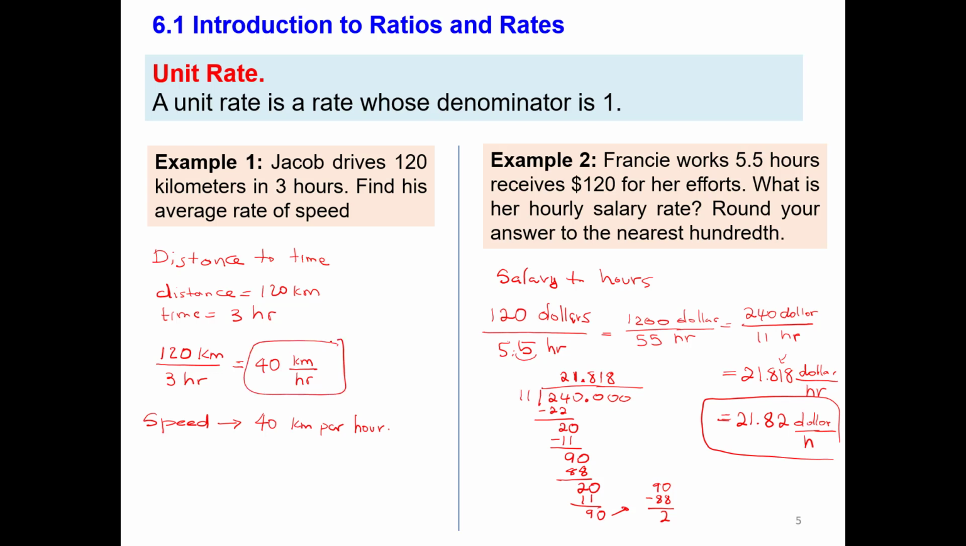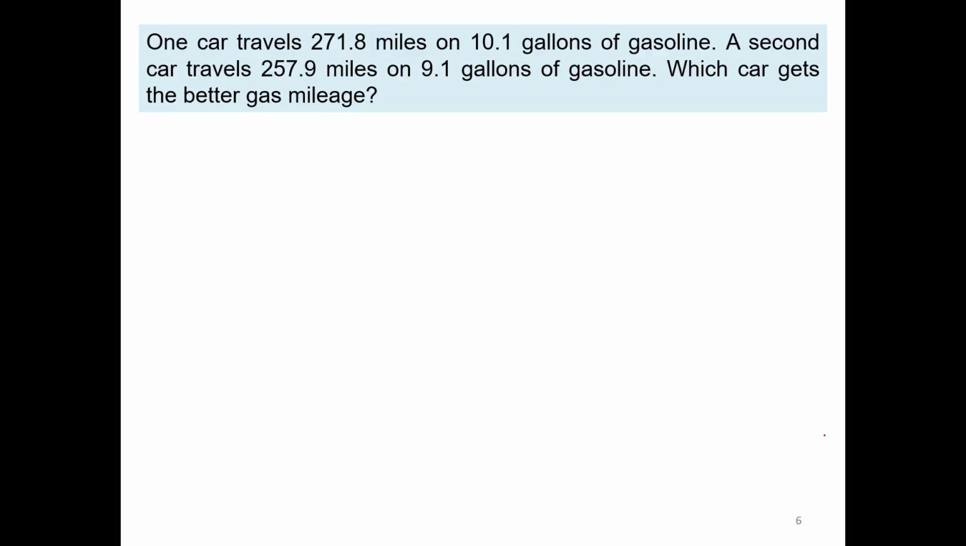And in this case, when we need to express as a unit rate, we don't want any number in the denominator. We had 40 kilometers per hour, and in this case also we don't want the denominator. We want just the number. That's $21.82 per hour. Dollars per hour. And I did that division just to practice the division